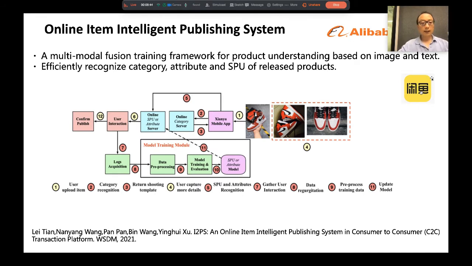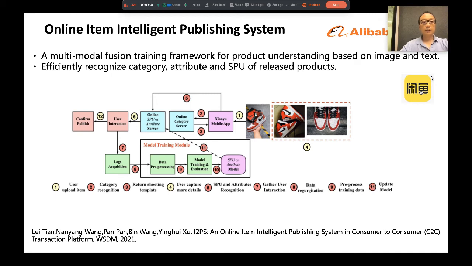This slide is to introduce another valuable product, the online item intelligent publishing system, which is deployed in the Yingui mobile app, which is the largest second-hand marketplace.